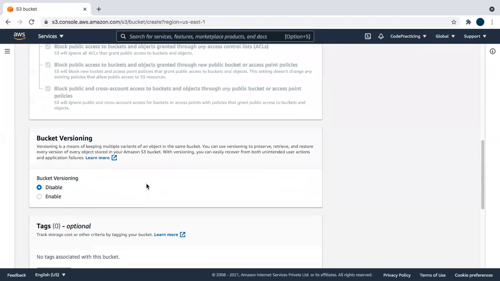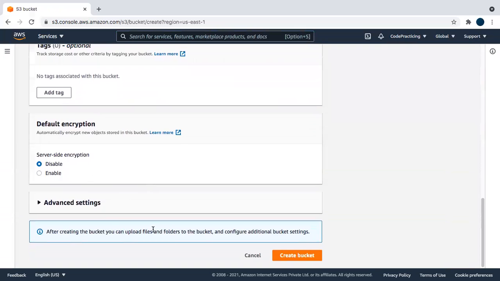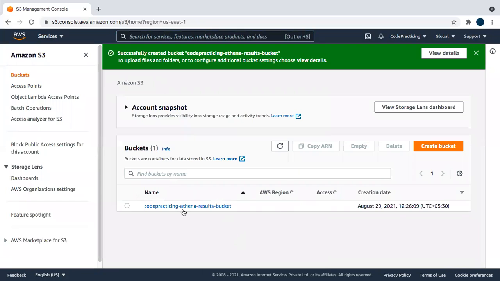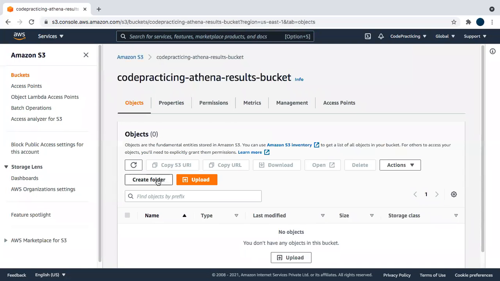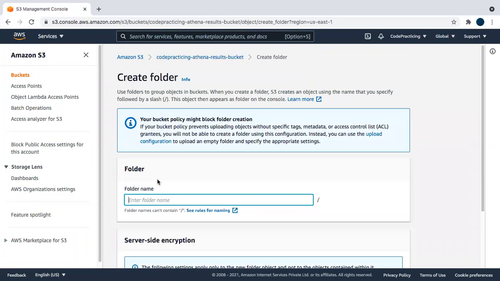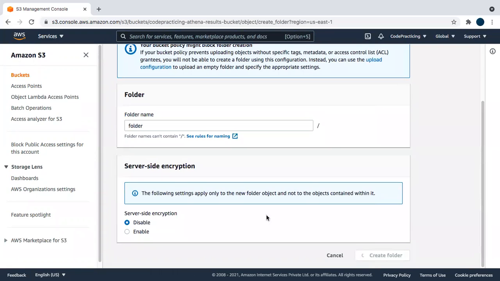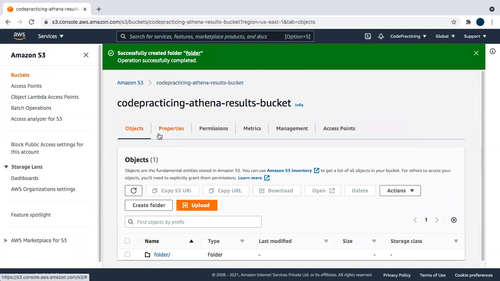Hope it is available, and we will click on create bucket. Our bucket is created. I will create a folder in it. I will give the name as folder. Keep it simple. Now we have created our bucket.